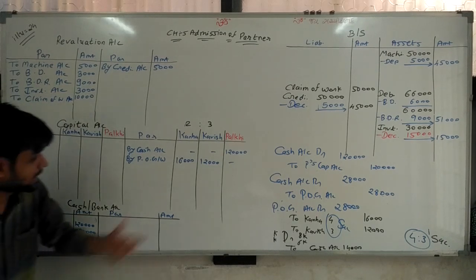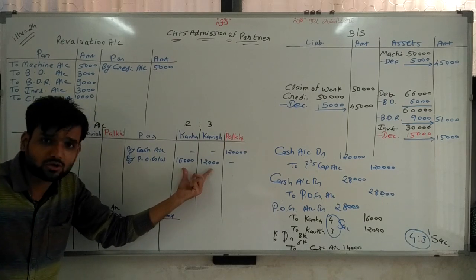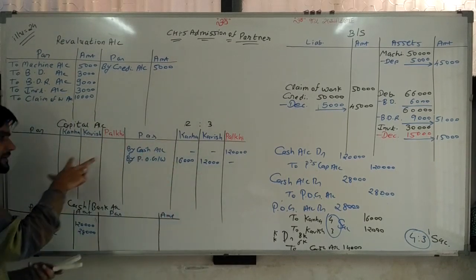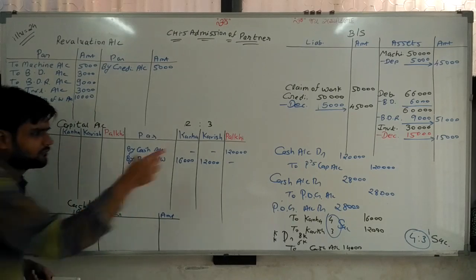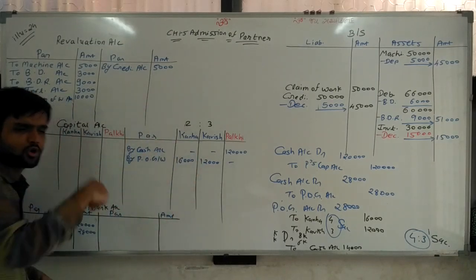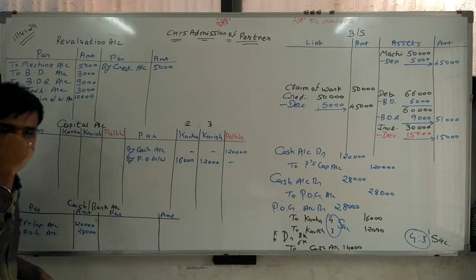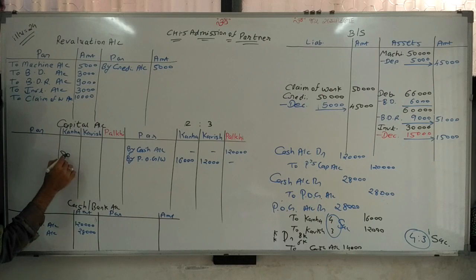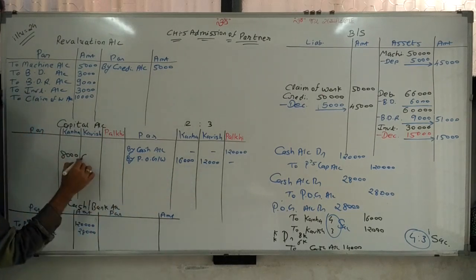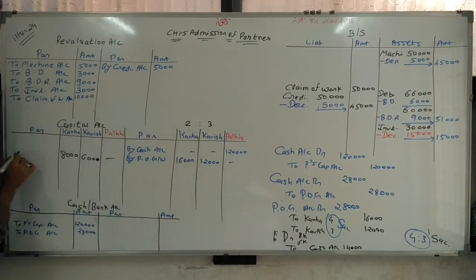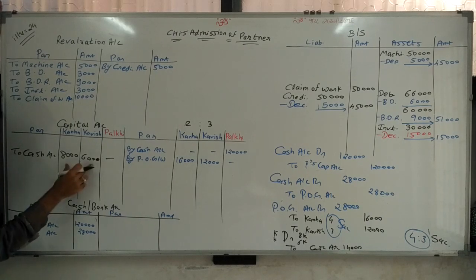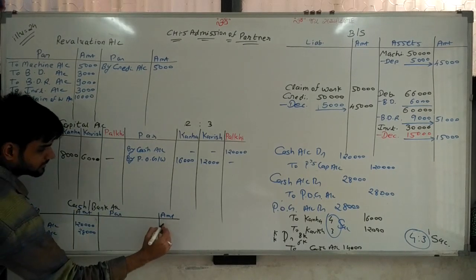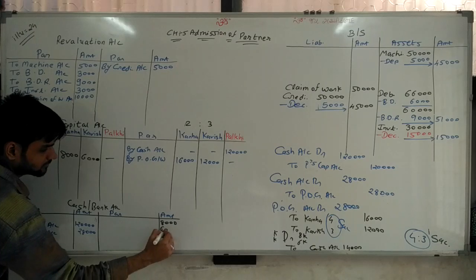Now, from this amount, half amount is withdrawn, so half amount is debited. Simple. From this amount, half amount withdrawn. So without seeing the journal entry, we can write the entry. Half amount of this withdrawn, so debited 8,000. Half of 12, 6,000. And writing to cash account, 8,000 and 6,000, cash account credited.